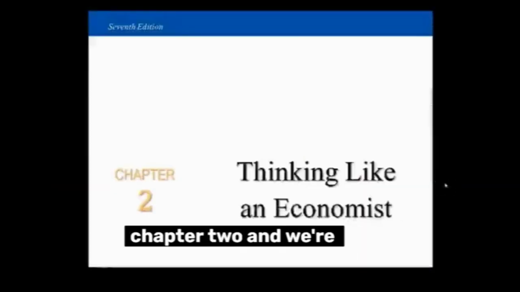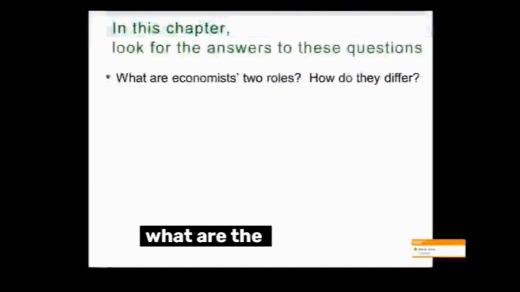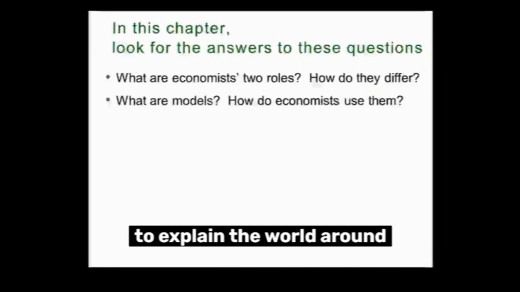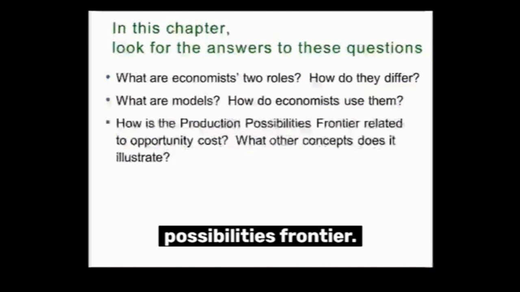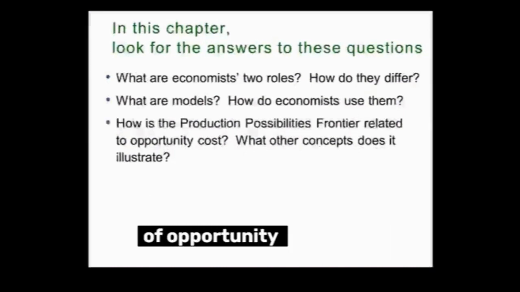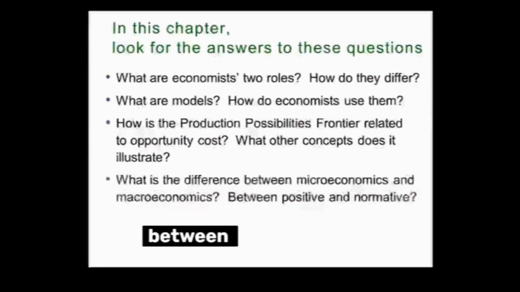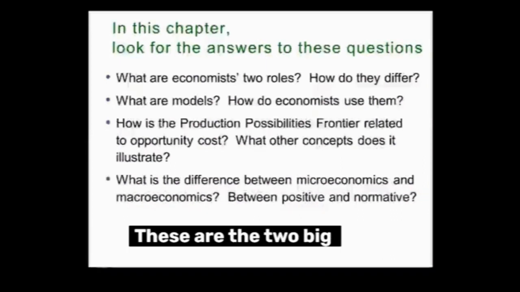Hello, class. So today we're going to start chapter 2, and we're going to look at the concept of thinking like an economist. So the things that we're going to cover in this chapter are, well, we're going to learn what are the two rules of economics and how different are they. We're going to learn what are models and how do economists use models to explain the world around us. We're going to see one model, an example of a model, which is called the production possibilities frontier, and we're going to see how it is related to the concept of opportunity cost that we learned in the first chapter. And then finally, we're going to see what is the difference between positive and normative economics, and also between micro and macroeconomics. These are the two big fields in economics, and so we're going to see what they are and how they